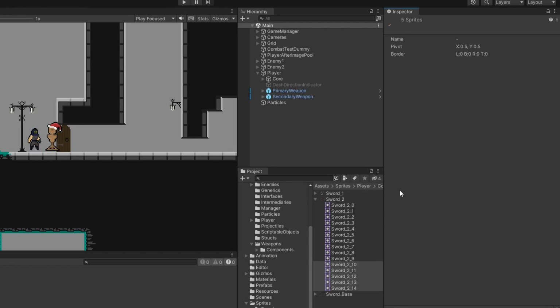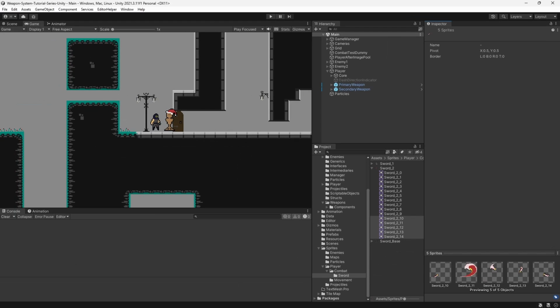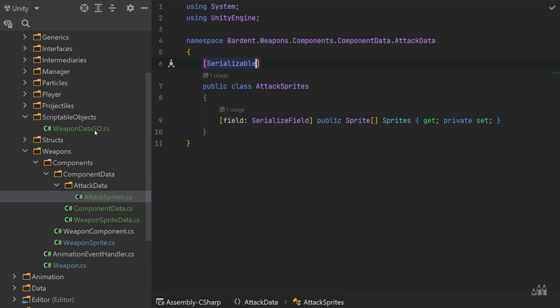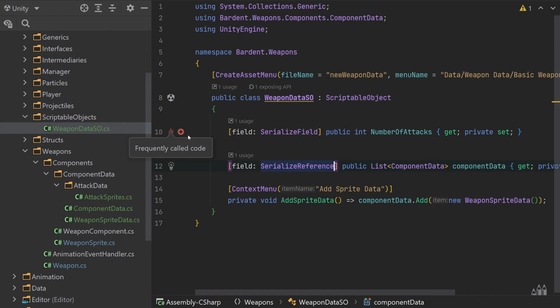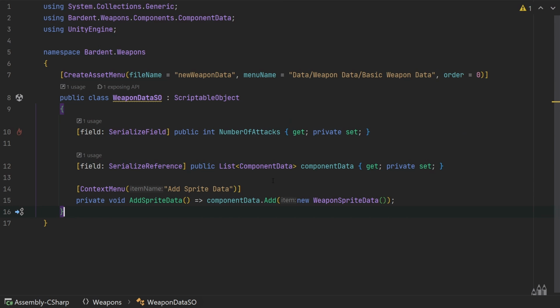Okay, so now our 2 data assets have the sprites that we're looking for, but our WeaponSprite component still doesn't have access to this. So one last thing that we need to do before we can test is, let's come back to our script, come to our WeaponDataSO. In here, we need to create a function that our weapon components can use to ask this list for its